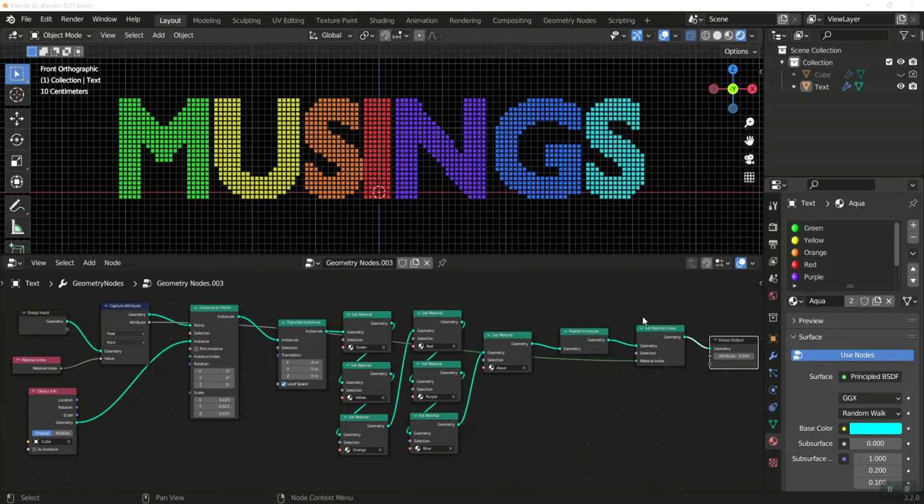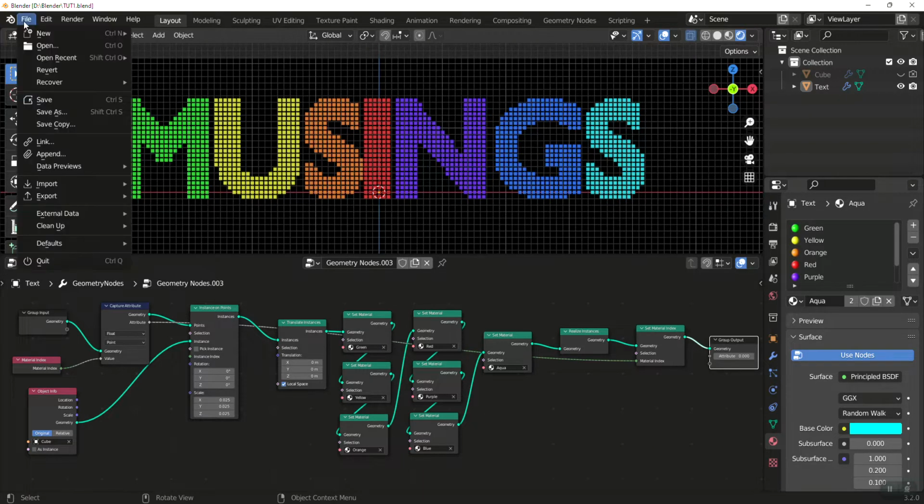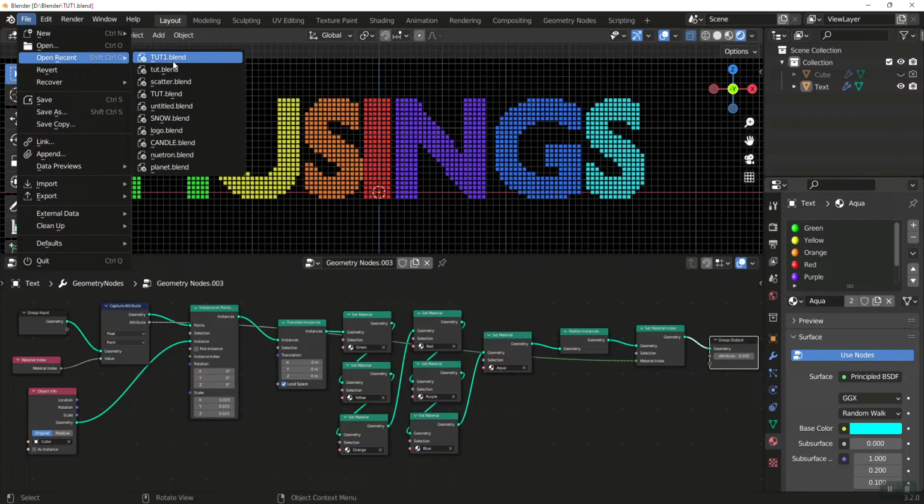This is part one in a multi-part series where we're going to look at making this pixelated text using geometry nodes and then applying materials across the various instances and putting them where we want to. In future videos, we're going to look at actually animating these pixels. But let's begin just setting up our